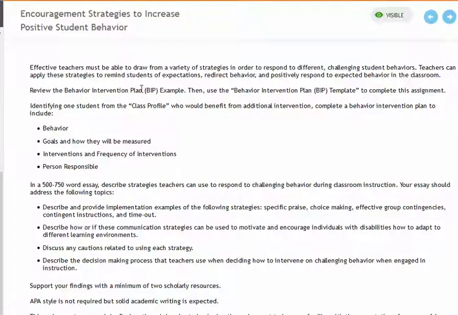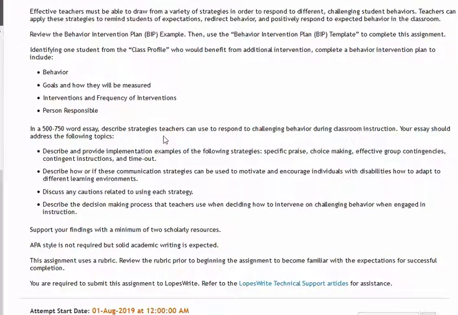So you're going to do that. Then after that's done, in a 500 to 750 word essay, describe strategies teachers can use to respond to challenging behavior during classroom instruction. Your essay should include these topics. Now, let me go back to the template